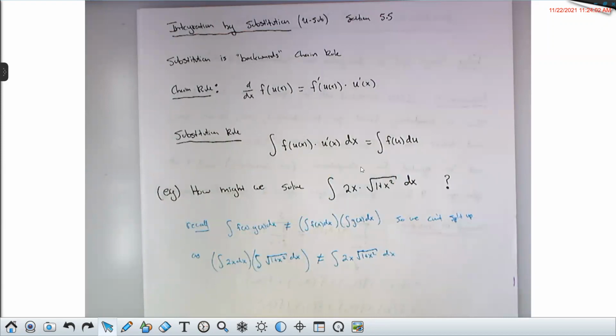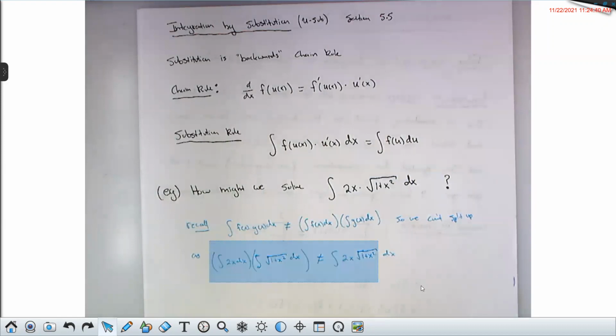But one of the first things people are often tempted to do when they see something like this is to try and split it up. Say, okay, I'll integrate this and I'll integrate this, and then I'll just multiply those answers. That never works. In general, the integral of a product is not the product of the integrals. Just like for derivatives, right? You need the product rule to differentiate a product of two functions. You would need the backwards product rule to integrate a product of two functions, unless you're doing something like u sub. That backwards product rule, by the way, is called integration by parts, and it's one of the first things you're going to learn in Calc 2.